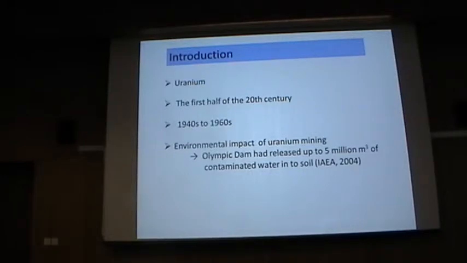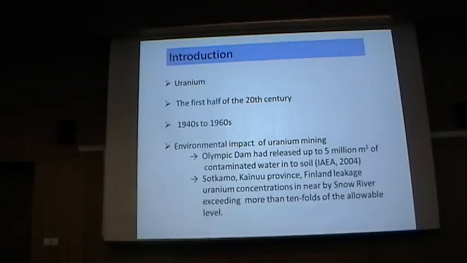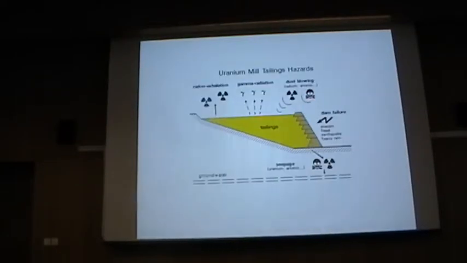Among these environmental impacts, air pollution from radioactive radiation can cause cancer, lung cancer, or pollution of water can cause serious problems. To give an example, in 1994 in Australia, the Olympic Dam, which was designed to store the waste, released this much uranium and contaminated the soil. Another example is in 2012 in Finland, where there was also such a uranium leakage problem which polluted the Snow River. And how this happens, in general, this picture can